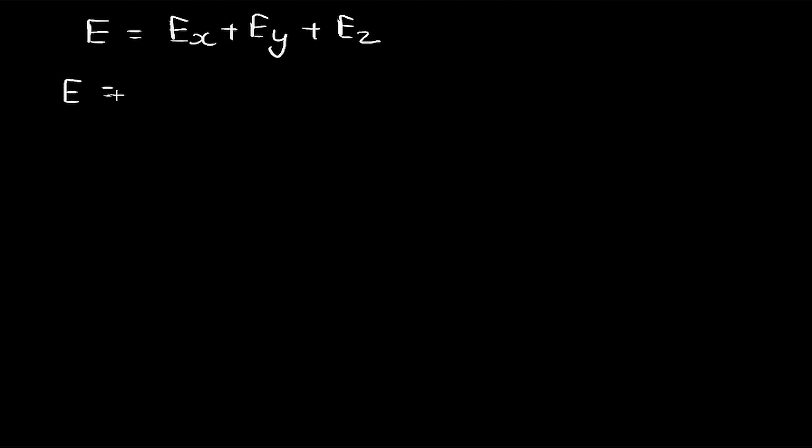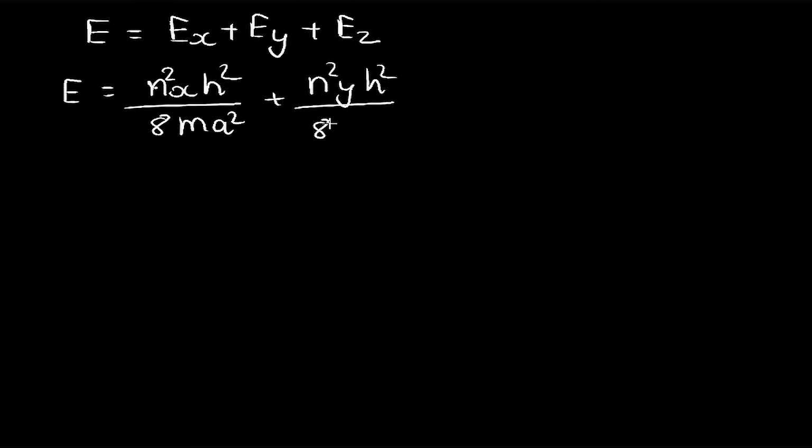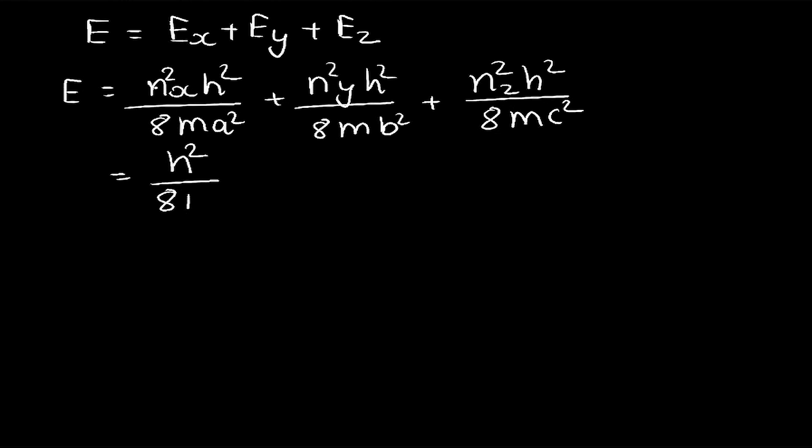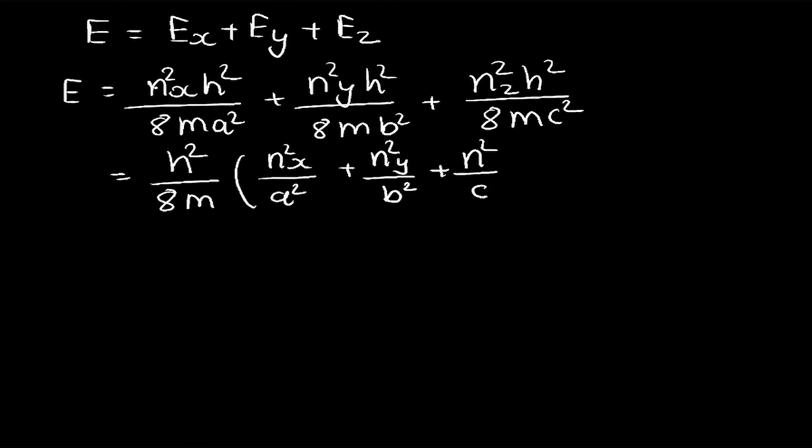So hence the total energy of the system will be given as nx square h square upon 8m a square plus ny square h square upon 8m b square plus nz square h square upon 8m c square, and we could take h square upon 8m common, and hence we will have nx square by a square plus ny square by b square plus nz square by c square, and this gives the expression for the energy of the particle which is performing motion in a three-dimensional box,